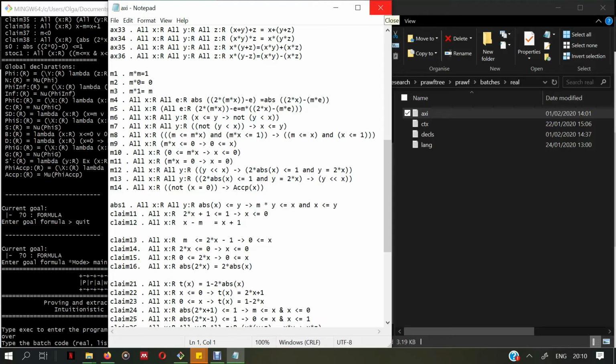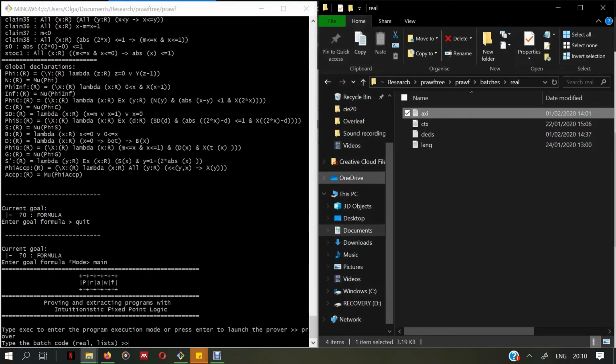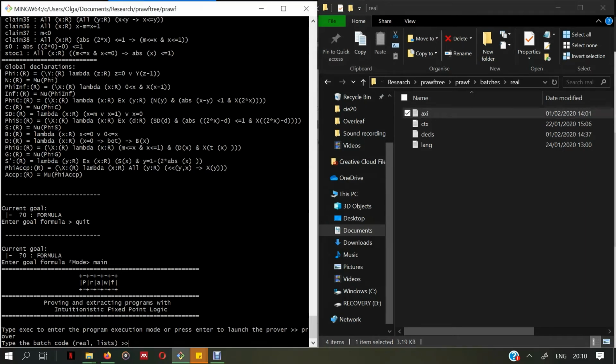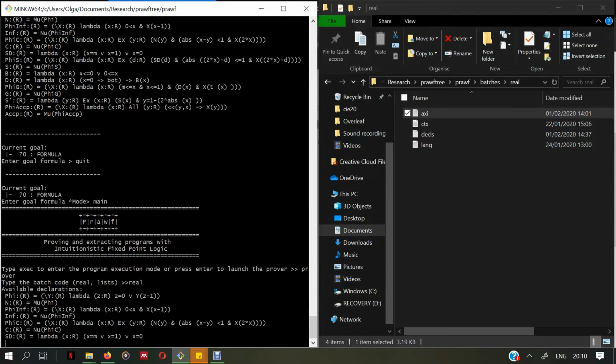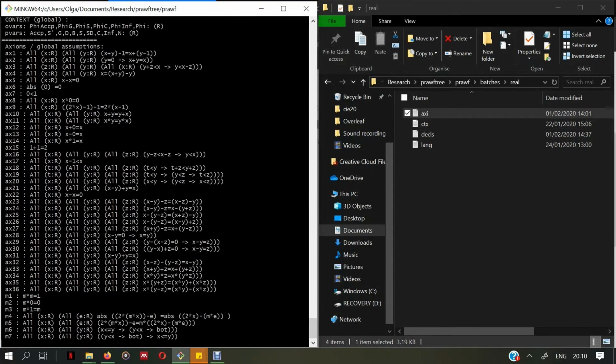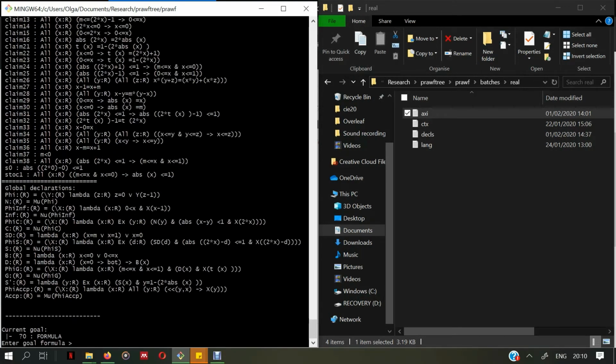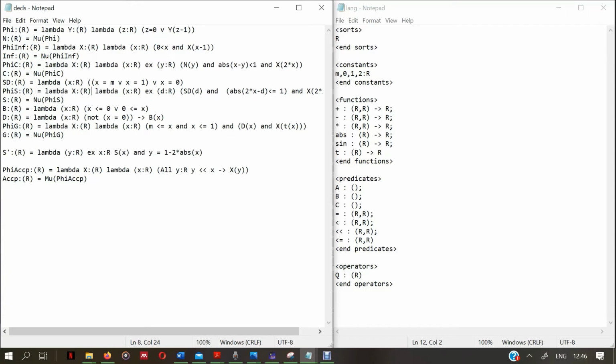So that's important to keep in mind. So let's say we want to work with real numbers. We select the batch code real. We enter and all of our environment is loading. And before we go to the actual proof, I just wanted to highlight something to you, specifically how we define